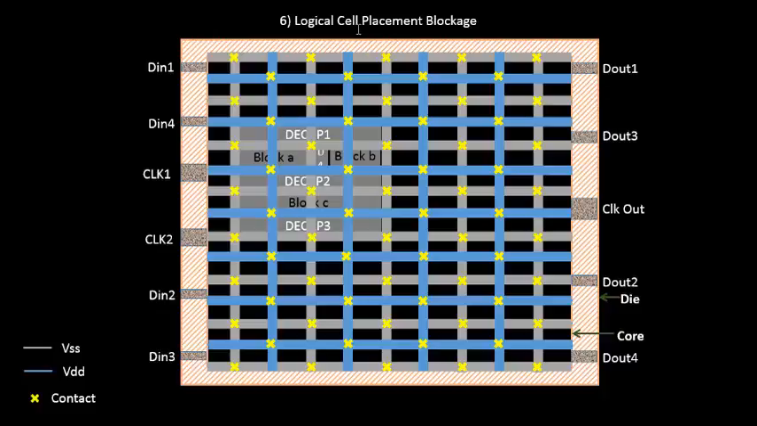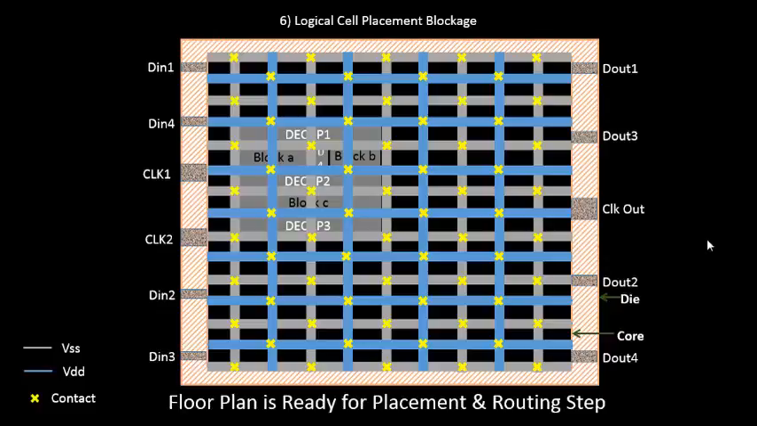As the name suggests, whenever there is a logical cell placement blockage, it says that this particular area will block the placement of logical cells. So wherever you see this kind of thing, there will be no logical cells placed over here. Okay, so that's the final step of your floor planning, and now your floor planning is ready for placement and